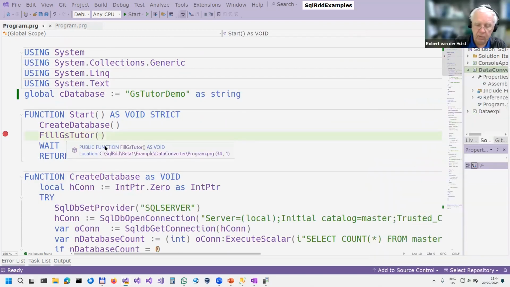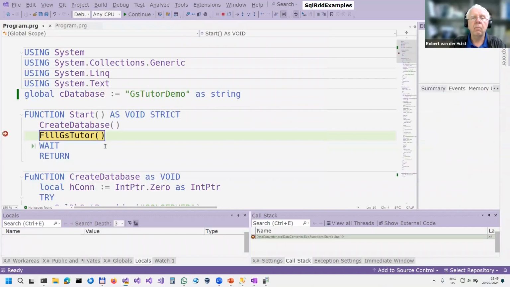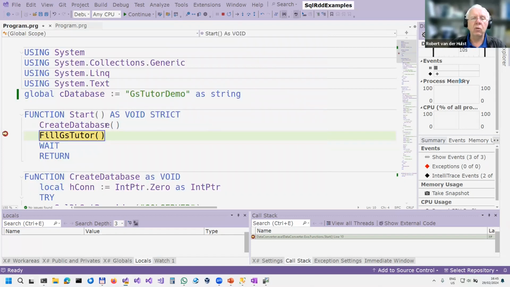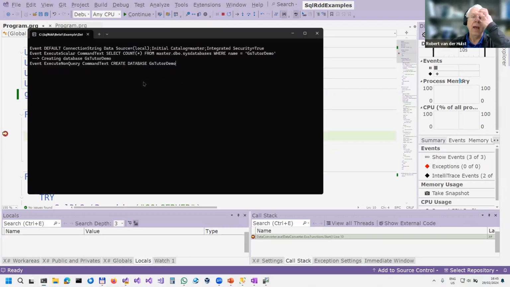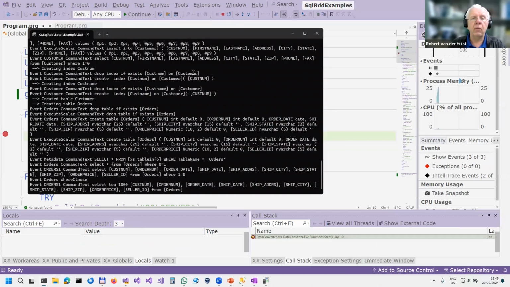Let's set a breakpoint here. As you can see, we have a connection string. Then we have an execute scalar. This is exactly what the code in create database does. And it says create a database because apparently there are no databases with the name GSTutor demo. It's going to create the database, and then it's going to,